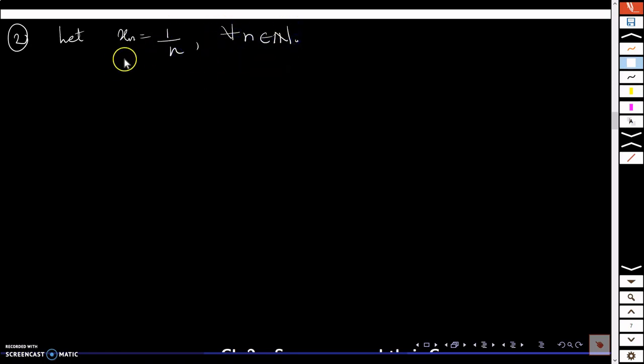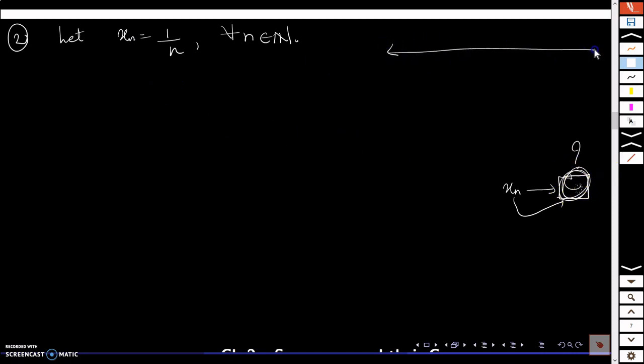Now by definition, when you want to show that a sequence converges to some point, you should have an idea what this point is, and then we use the definition to show that it actually converges to this point. The limit definition won't tell you what this point is. So you should have some idea about this point, and then I can verify whether it actually converges or not. This definition does not give me this point x. I should have an idea about the point x.